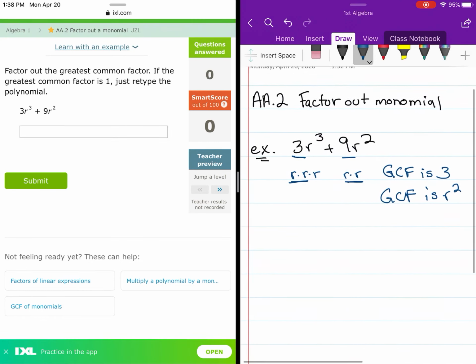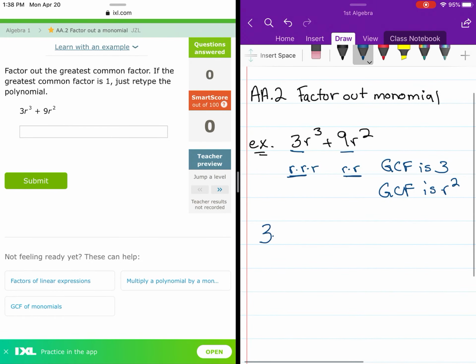So we have 3r squared, parentheses. Now since we're dividing this out, what is going to be left inside? So if we take our first term, 3 divided by 3, that's 1. R to the power of 3, we divided that by r to the power of 2. In other words, we took 2 of them out. So how many are left inside here? Just 1. So r